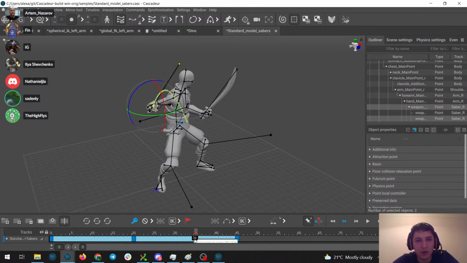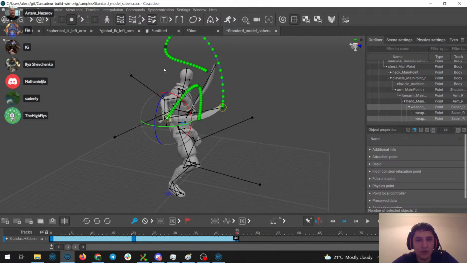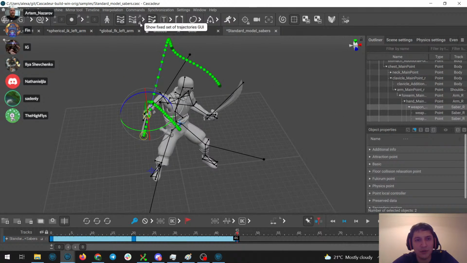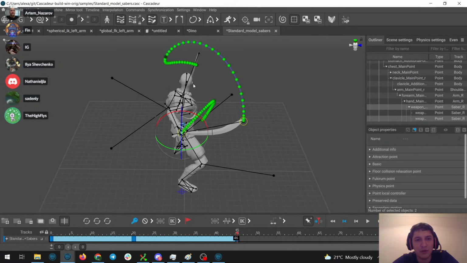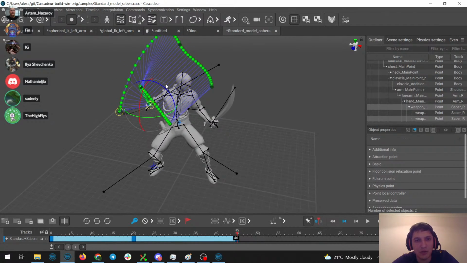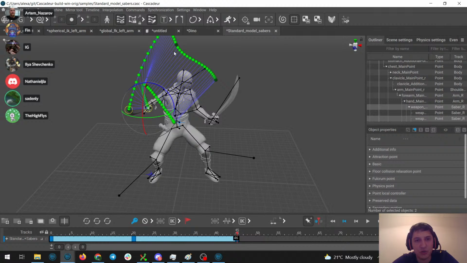Yeah, I think you can actually do that. I don't think you can edit it in the viewport. Correct. I know you can edit the keyframes. Oh wait, you can? How did you do that? I enable trajectories, and then trajectory edit mode. I think this one is better for this stuff. Okay, and then you can actually see it.